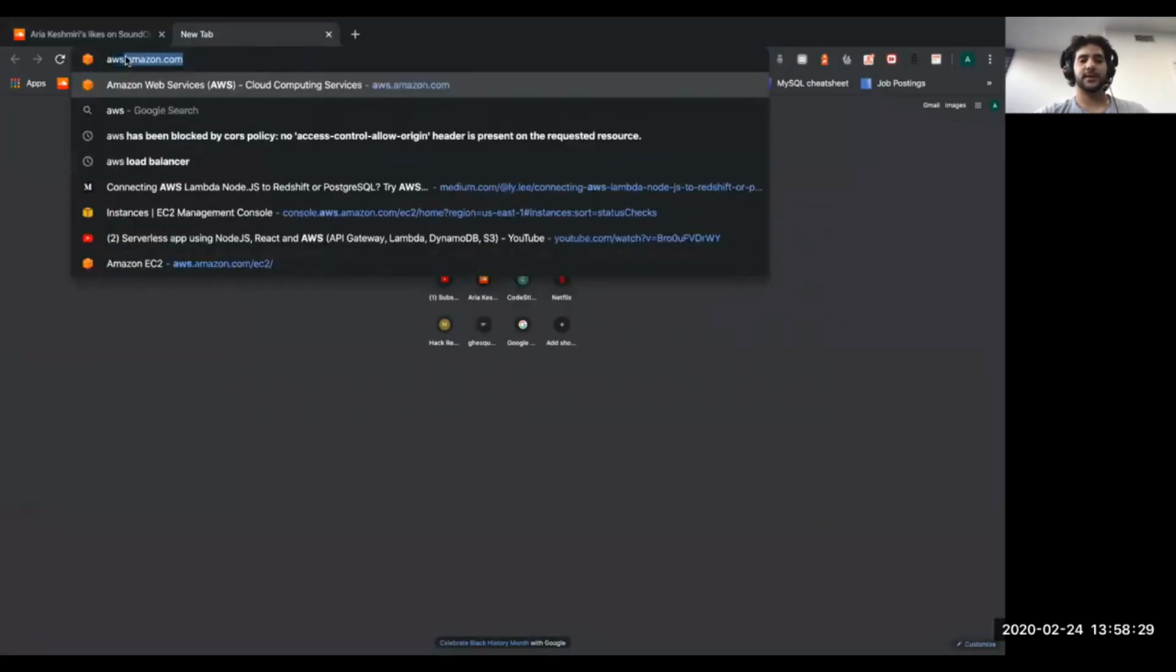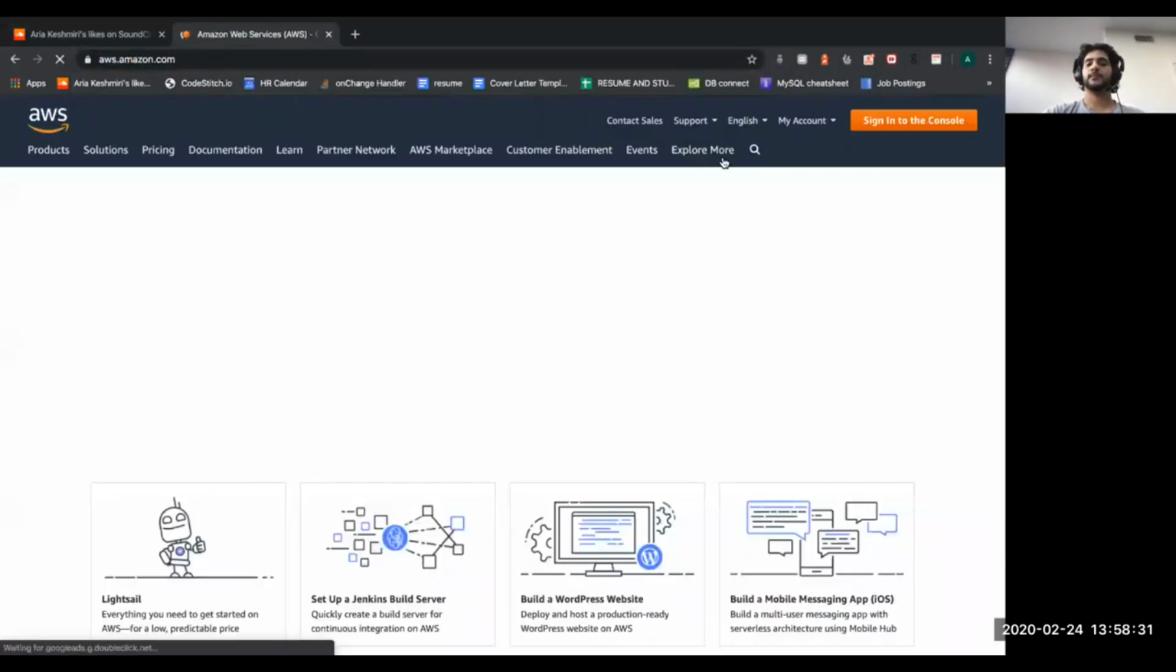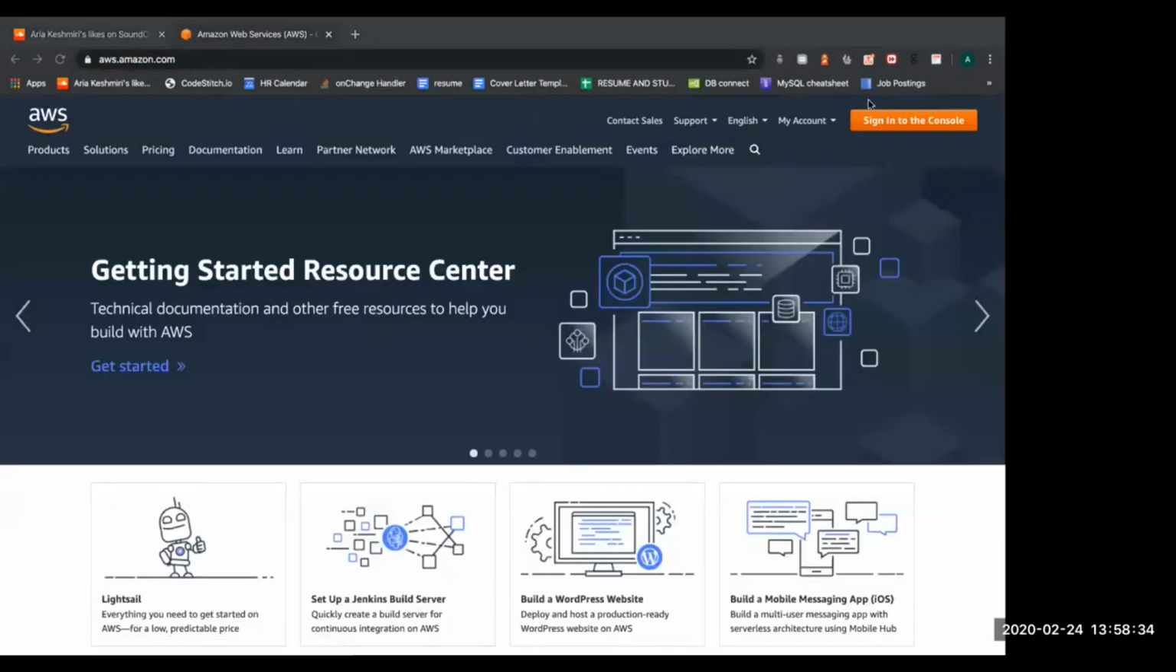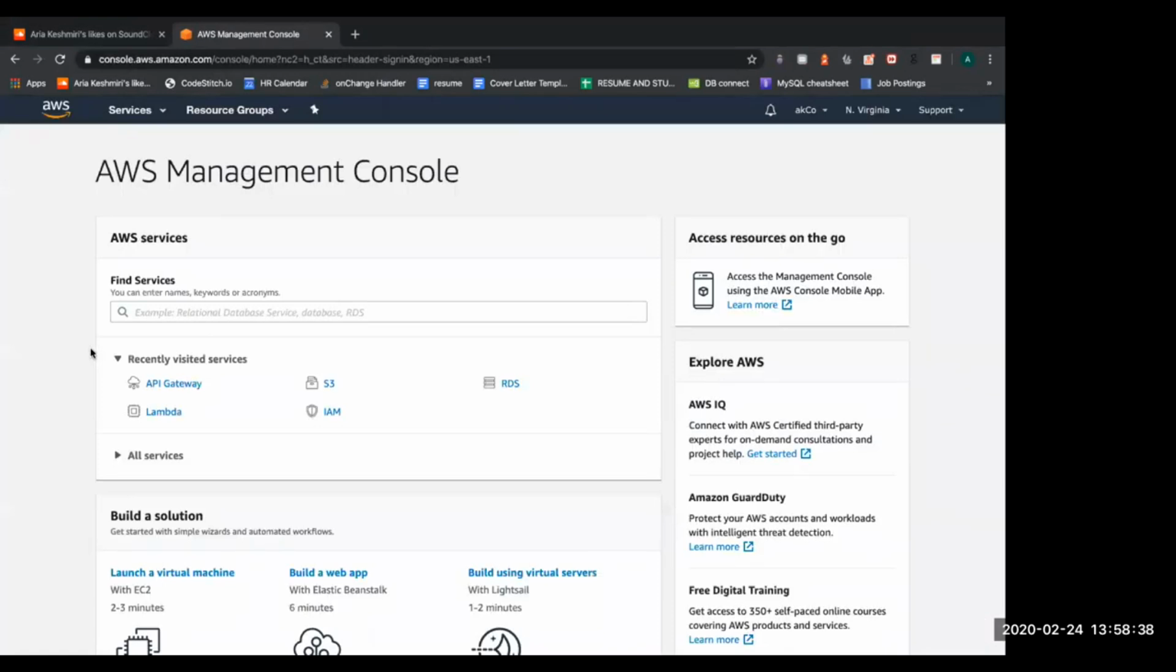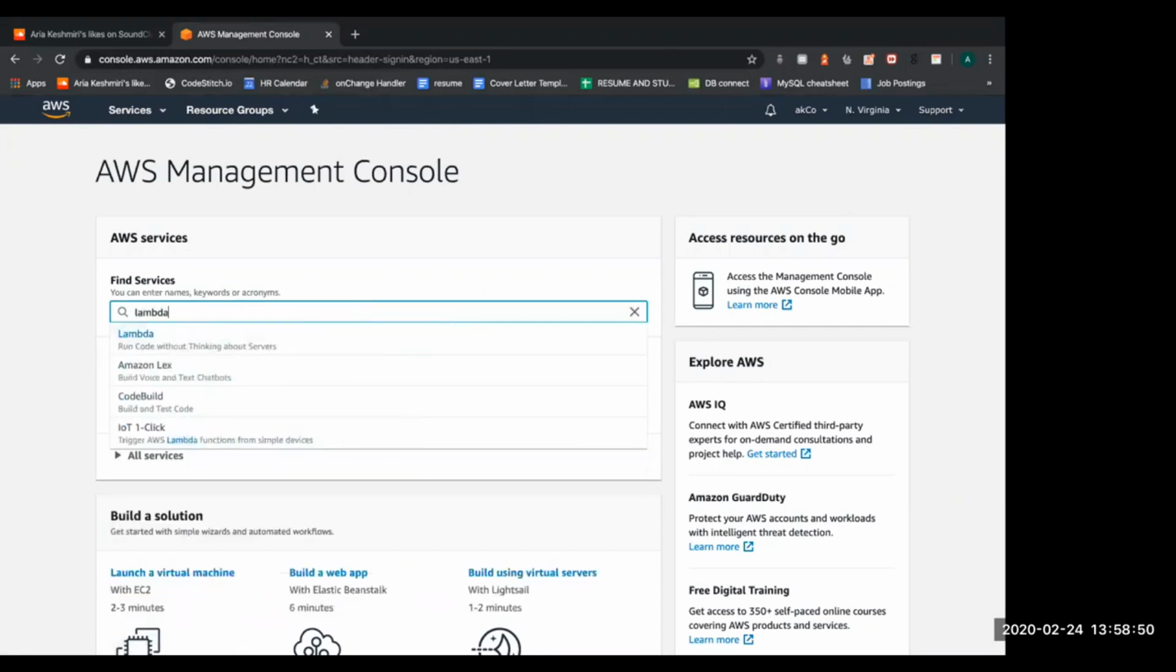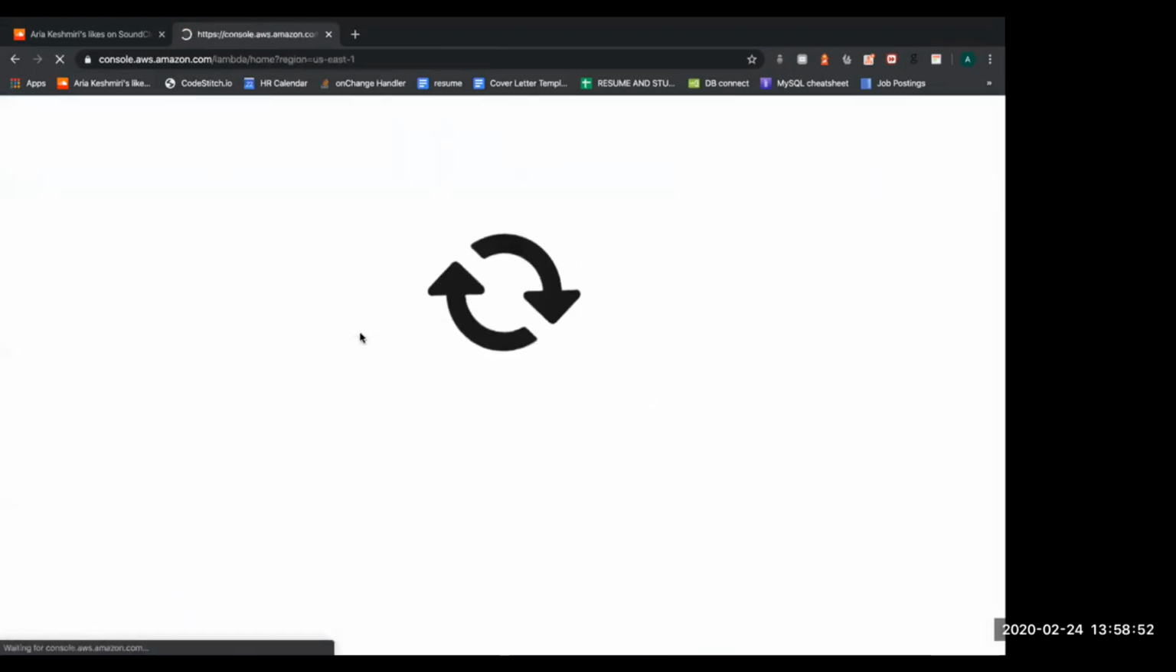First, log into our AWS account. Sign into the console. I'm going to do everything from scratch, except for what I didn't mention: we're going to be using an Amazon RDS database instance, and I'm going to be using a Postgres database for this particular example. So let's go ahead and go to Lambda,